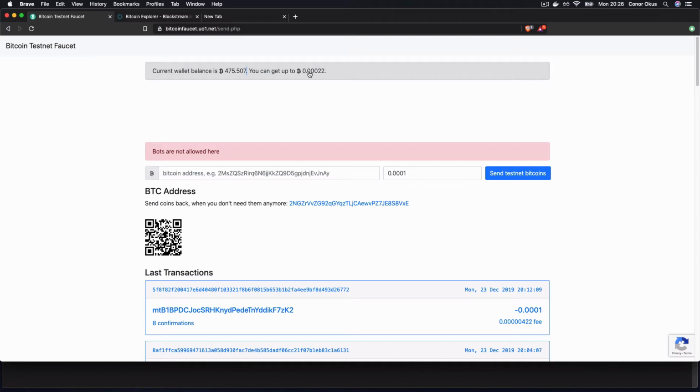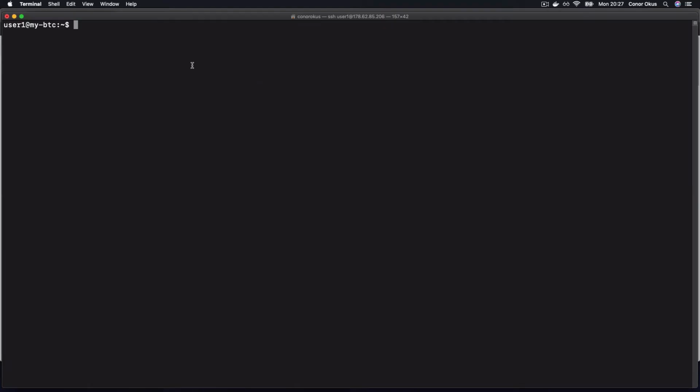So when I was testing this website just to make sure I received funds, I've already got some funds in my wallet already. Just to emphasize the need for single use addresses, I will create another address and have the Bitcoin sent to that one instead. So if I head back to the terminal, you can do this as well if you'd like, or you can just use the address that you created in an earlier video. But if I type bitcoin-cli getnewaddress and copy this over,